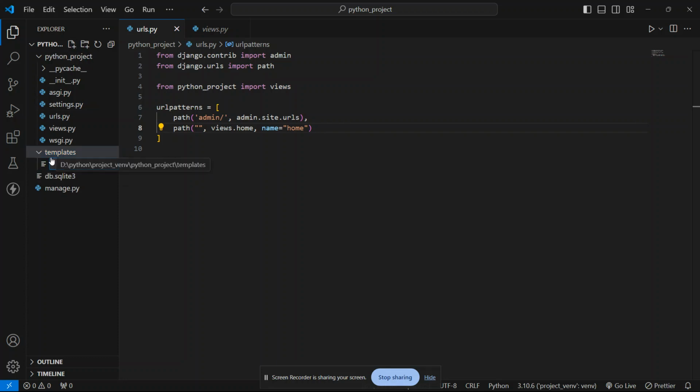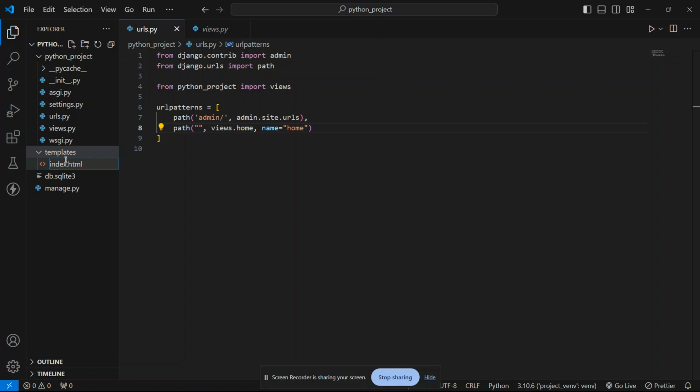So inside this templates folder we are creating one HTML file. The name of the file is index, and we want an HTML file, so we add a period and html.